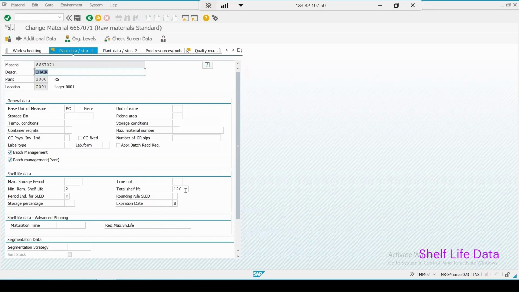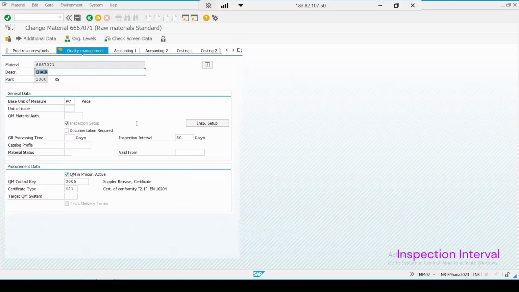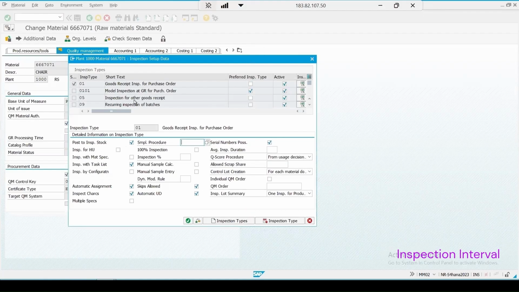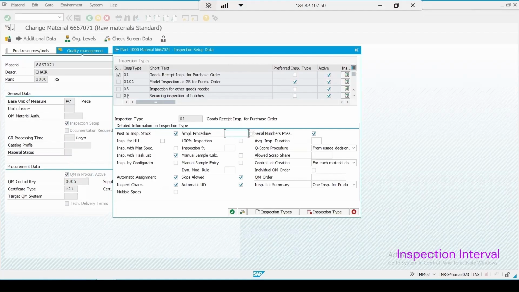The total life is 120, indicated in days. In the quality management, inspection interval is maintained, which is 30 days for recurring inspection. And in the inspection setup, I have activated inspection type 09, which is recurring inspection for the